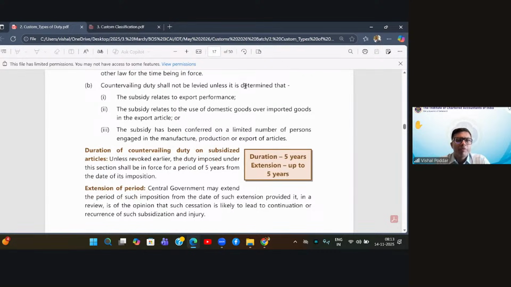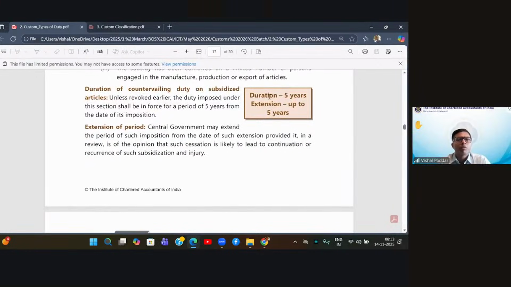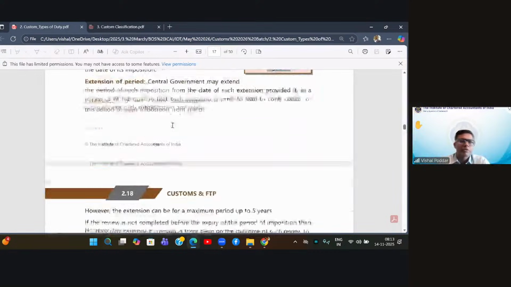This duty shall not be levied unless it is determined that the subsidy relates to export, the subsidy relates to use of domestic goods over import goods, or the subsidy has been conferred on a limited number of persons. Next, what is the time period? This duty will be imposed for 5 years first, and if required, further extended by 5 years, so total 10